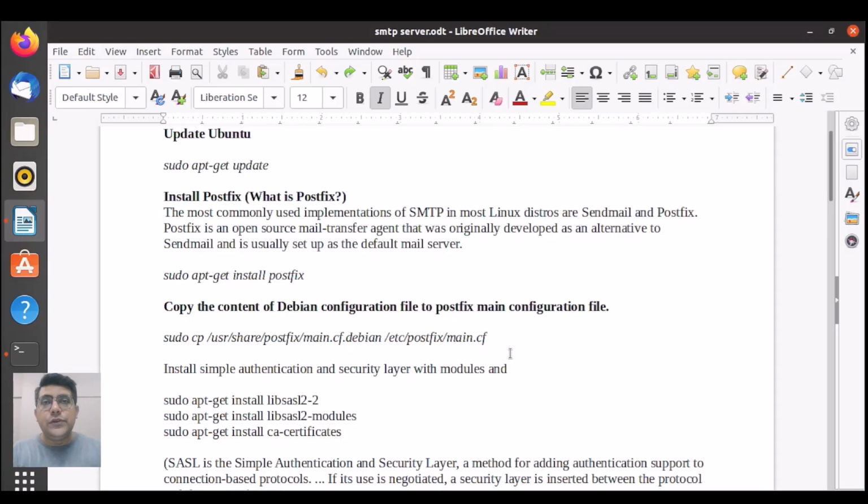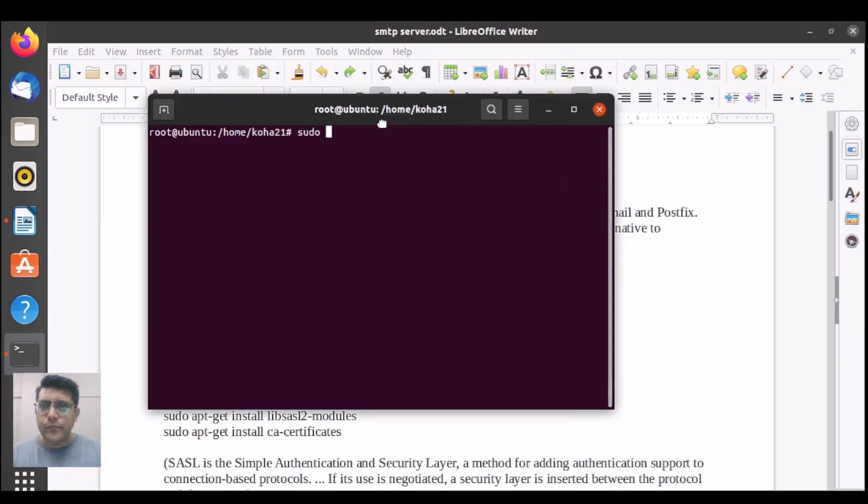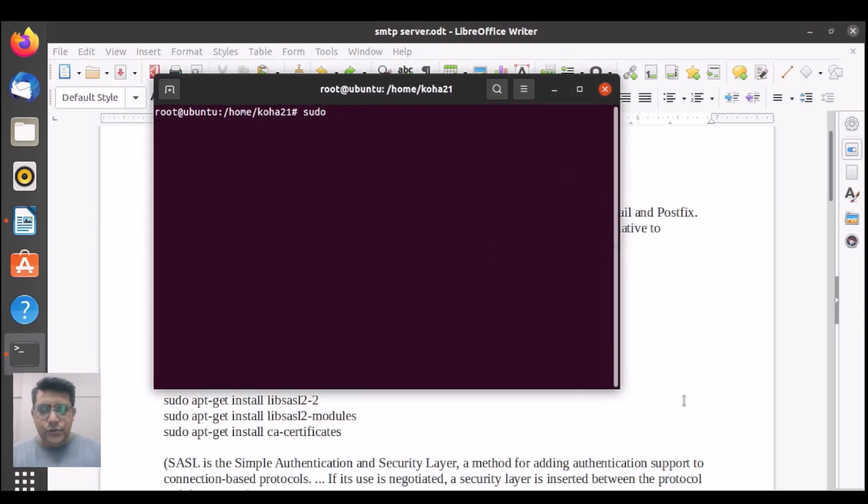And then we need to install the Simple Authentication and Security Layer modules. So we are going to create some security layers with our Postfix mail server. So let me clear this, and we need to write this command. It's sudo apt-get